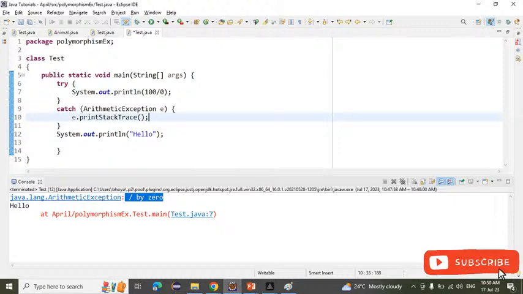Okay, so we saw the two ways: System.out.println with e, and another way is that after we have, here it is the e dot